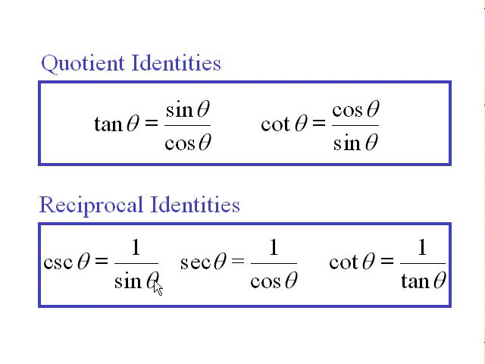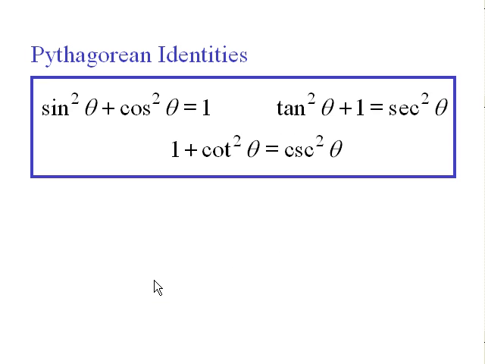What are some other ones that we've looked at in the course so far? There were the Pythagorean identities. We started with the mother of all, sine squared theta plus cosine squared theta equals 1, and then derived from that a related identity that connects tangent with secant, and another one that connects cotangent with cosecant. Anytime you've got one of these expressions, sine squared theta plus cosine squared theta, if you can identify that as part of an equation, you can replace it with the value 1. Since sine squared theta plus cosine squared theta is always 1, that's a useful simplification to have sometimes.